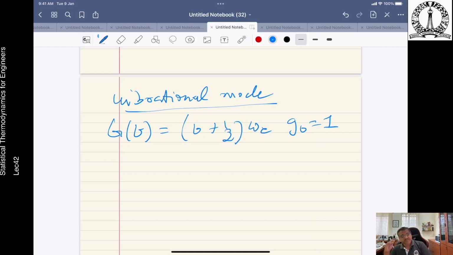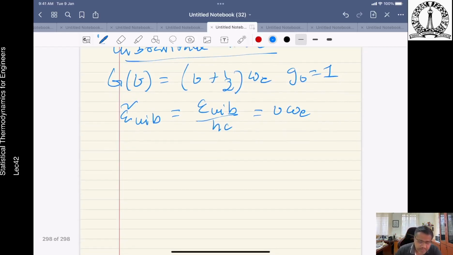So again, if we place the zero of energy at the ground vibrational level within the ground electronic state, we express the vibrational energy of a harmonic oscillator. If we recall the vibrational energy of a harmonic oscillator, we have done this countless number of times, so this is what it is. So the vibrational partition function therefore becomes